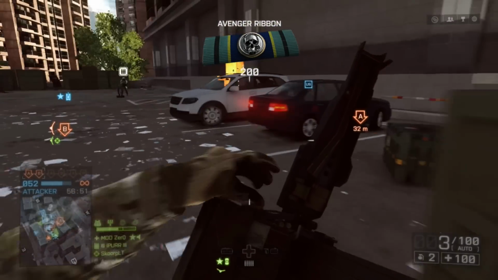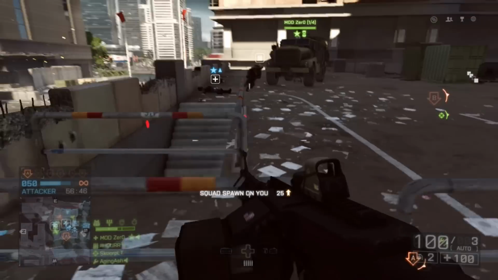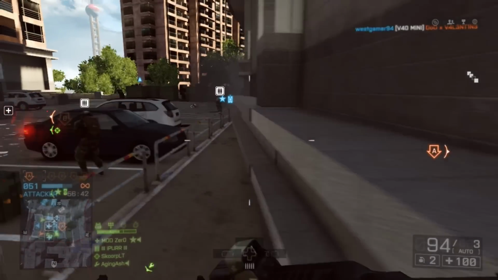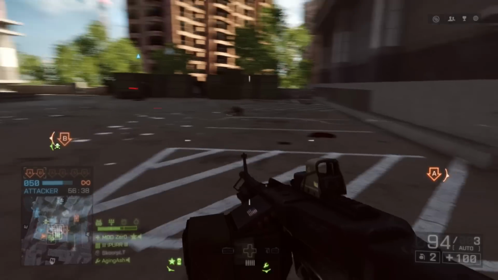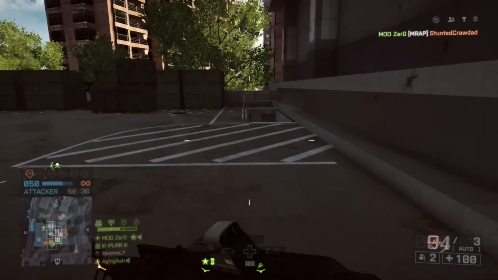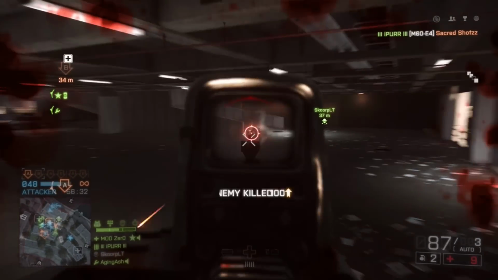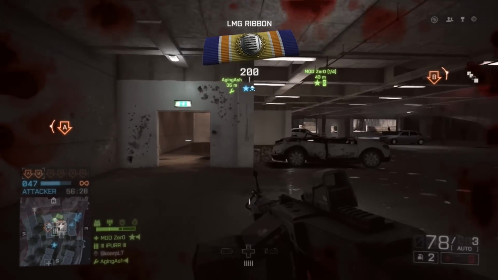It's iPURR speaking, and in this video I'll be talking about map design in Battlefield 4. Now I don't mean map design as in the graphics and the levolution, because definitely there's been an upgrade from Battlefield 3 with the Frostbite 3 engine, and the graphics and all the levolution stuff looks just fine. No, what I mean by map design is how buildings and objectives are placed, and how that plays out for